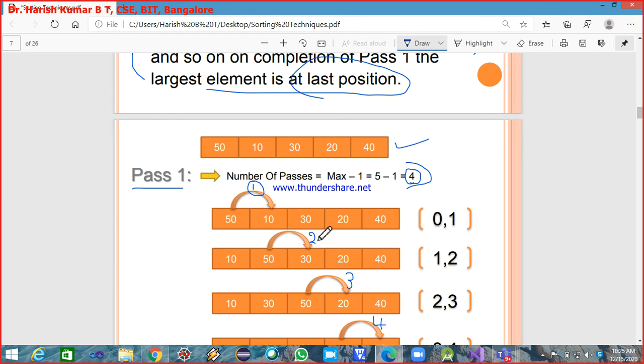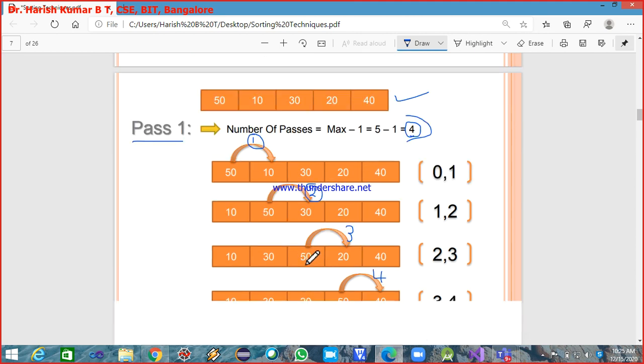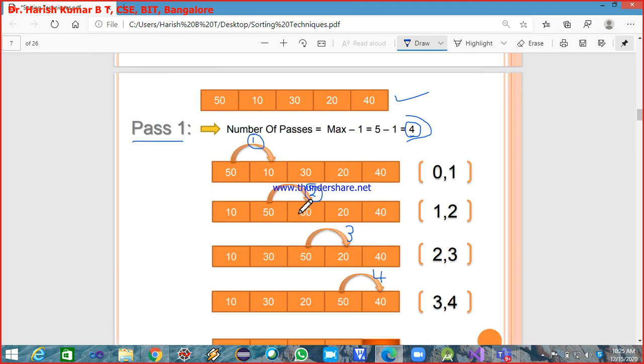Now after that, I'm doing the second comparison. How the second comparison is done? So in the first comparison, we compare the first element with the second element. In the second comparison, we compare the second element with the third element. Again, I'm comparing 50 with 30. Again, the element on the right side of the comparison that I'm doing, that is 30, is lesser than 50, so you require one more swapping. So it is swapped here, and what you can observe is 30 has taken this position and 50 has taken